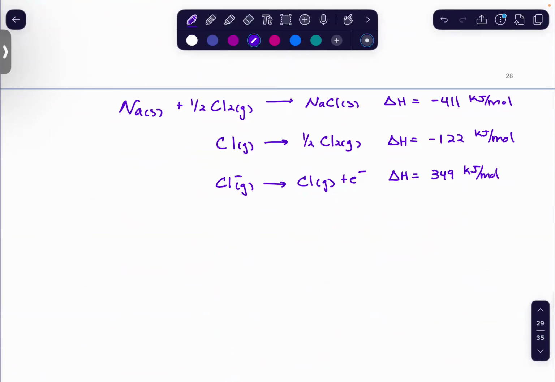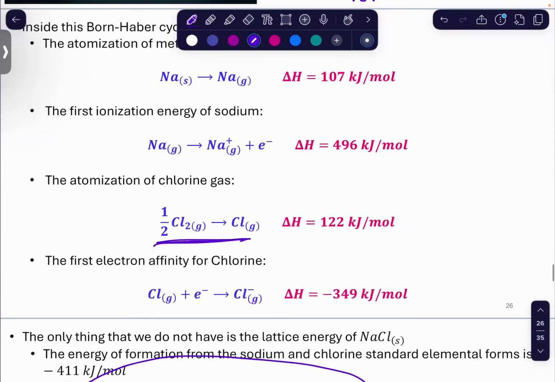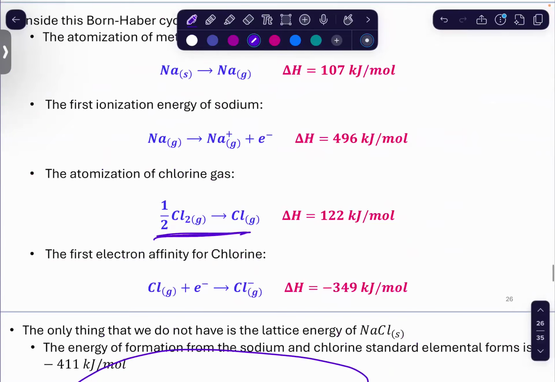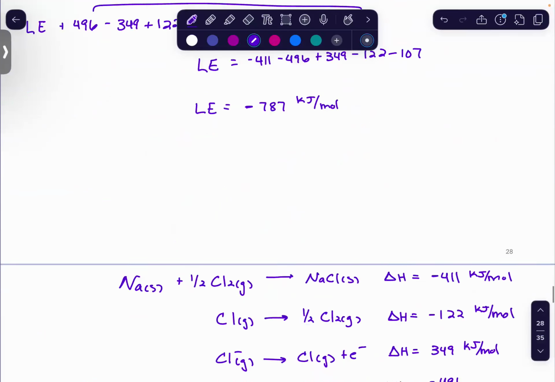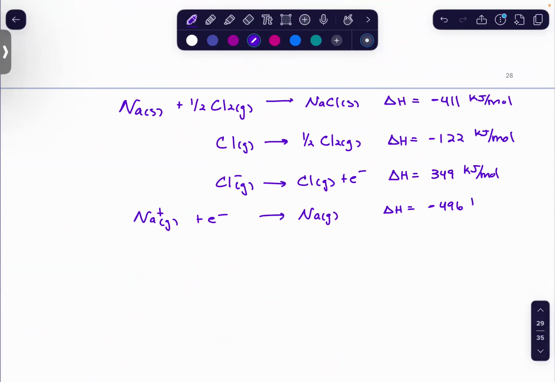Okay, now we will use the electron affinity for, let's see, because that is going to give us sodium ions. We left that one the way it was, so that's going to be a negative. Did we leave it the way it was? Nope, we actually flipped it. So again, we're going to change the sign to negative 496